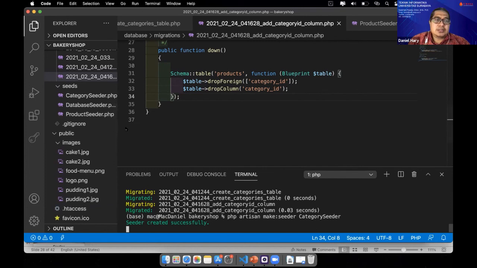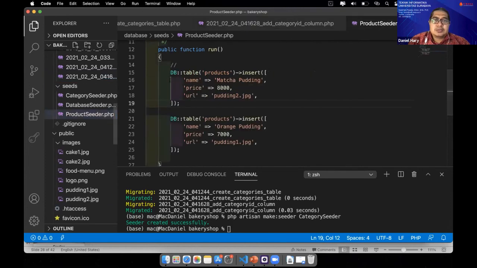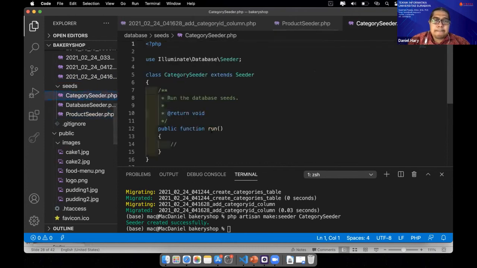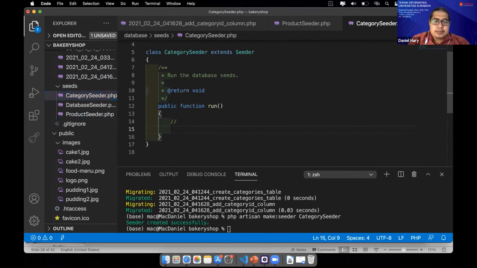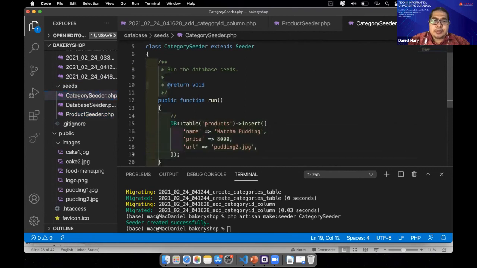Okay, category seeder. We put from the product. Just put the name, category name. The first name is pudding, for example. Pudding.